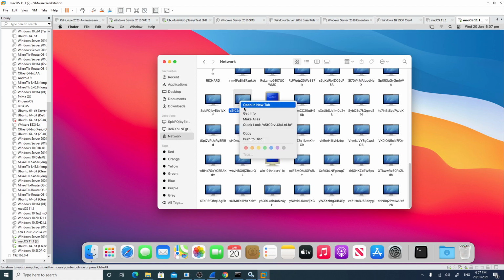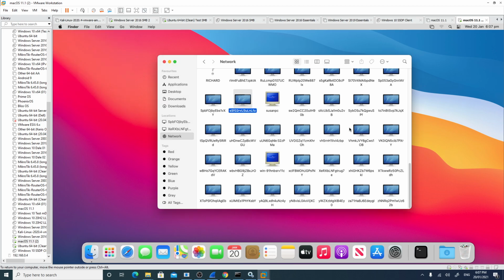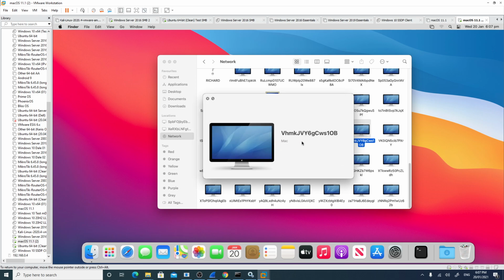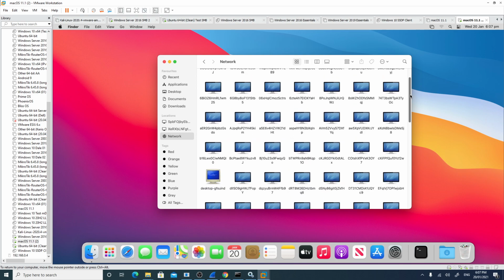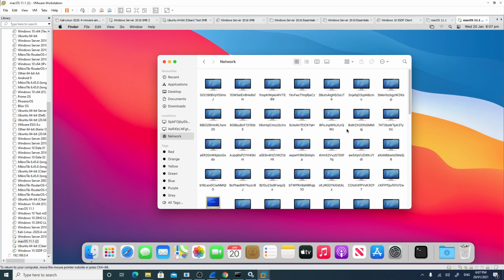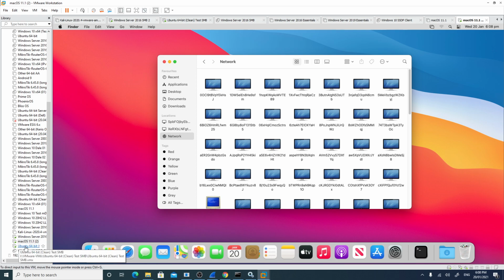If we go to get info, you can see it's a Macintosh, on the network. Of course, it's not a Macintosh, it's a Windows server, but we were able to disguise it as a Macintosh machine. So as you can see from here, we are able to create an array of machines that simply point to a single share. Now of course, this can be a phishing attack. It's a wonderful stunt. Now this doesn't just work on Macintosh, we can also make it work on Ubuntu